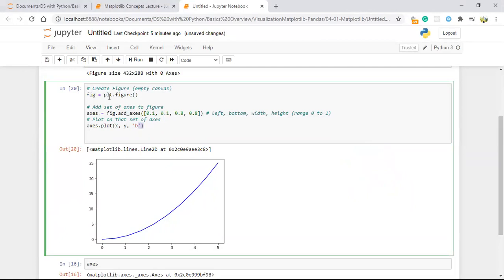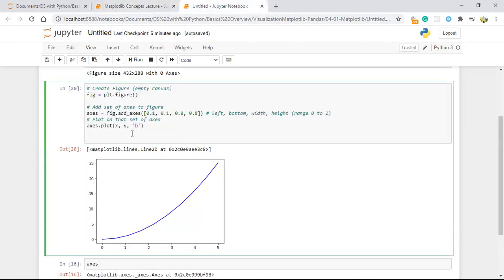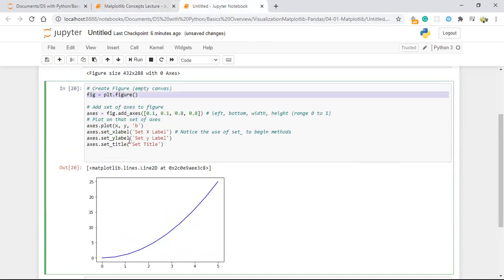I'll just explain. Whenever you are using the figure method, the OOPs method, we will start with figure. Whenever you are using a figure, it's mandatory to use add axes, the very first thing. In add axes, you need to pass these four arguments: left, bottom, width, height. This left and bottom should be in the range of 0 to 1. Then the plot, you guys know, you plot on this variable name, x comma y, that is the variable name, and the blue color is the code you gave. If you want to add the labels, x label and y label are inbuilt functions, but because of this figure method, we need to go for set underscore x label, set underscore y label, like that.